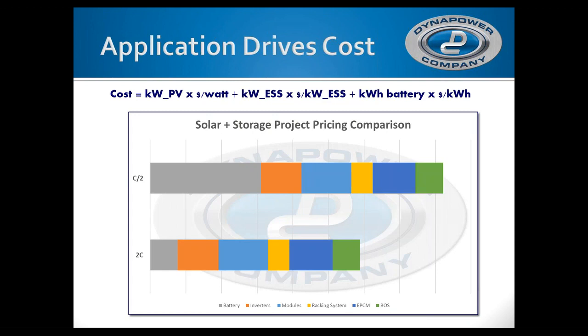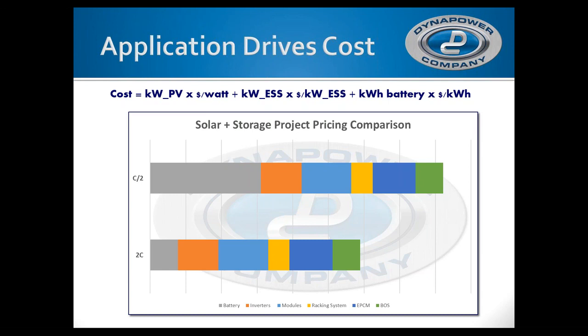So let's look at the stack within this, because at the end of the day, again, these projects come with a cost. And as we talk about batteries, it's worth taking one quick step backward. I imagine most folks on the call are very familiar with PV. The shift to the battery discussion, one very fundamental and important aspect that we have to discuss is the C rate on batteries. So I'm going to get into a little bit of jargon here, but I think it's valuable because it helps to frame the discussion. You'll see on this particular slide we've got C over 2 and 2C. So what does that mean? And I'll try to describe this